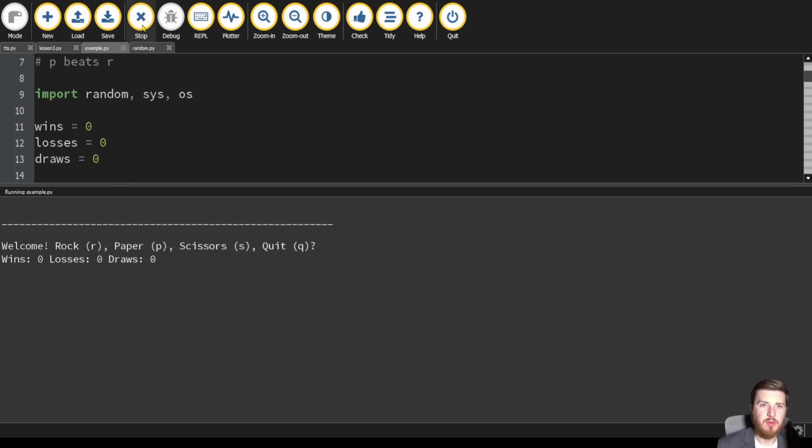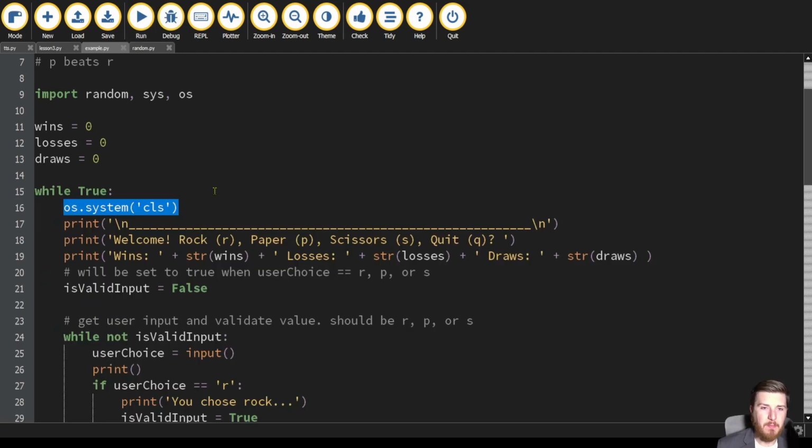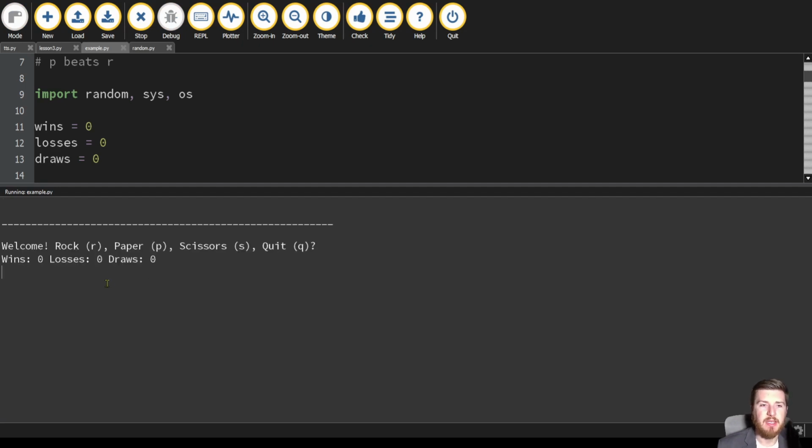But inside of Mu, it doesn't work. So if we save this program and run it in our regular terminal, it would do that. But I'm just going to stay in Mu because it's not that big of a deal. But if you want to, you could use this in Windows. And then for Linux, you would need to use clear instead. And that should work fine. I think it would be a nice little touch, but for the sake of Mu, it doesn't really do anything. If I run this, it actually slows down the program a lot, which is kind of unfortunate, but